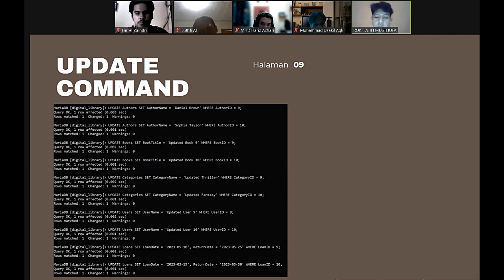And second, this command updates the author name column value to Sophia Taylor for rows with author ID 10 in the author's table. And the third, this command updates the value of the title column to update 9 for the row with the ID 9 in the book table. The fourth, this command updates the value of the title column to update 10 for the row with the ID 10